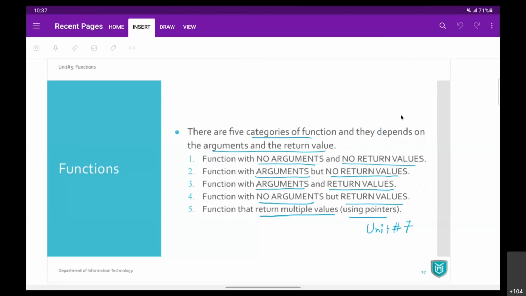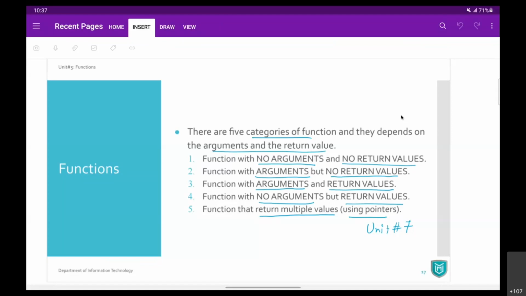So in the last 3 sessions, we have already started the functions unit, and we are looking at user-defined functions. What is a UDF, a user-defined function, why we need it, and how we can write it. We had gone through the elements of the UDF, like function declaration, function call, function header. What is function declaration, call, and definition?